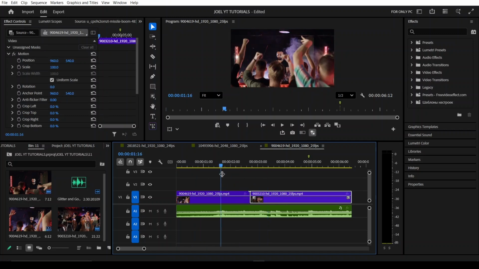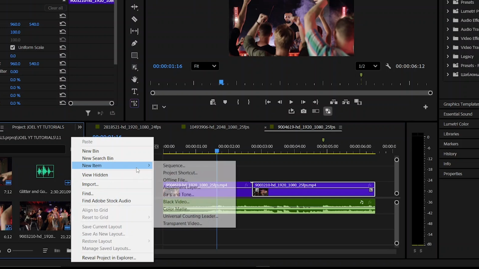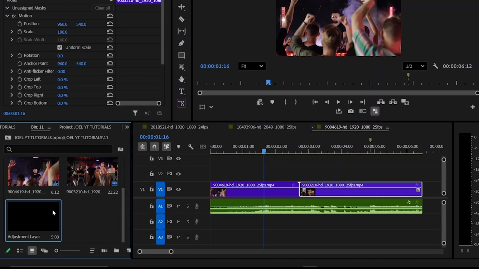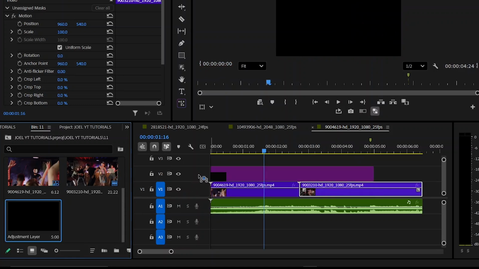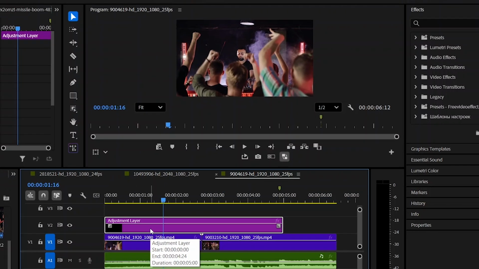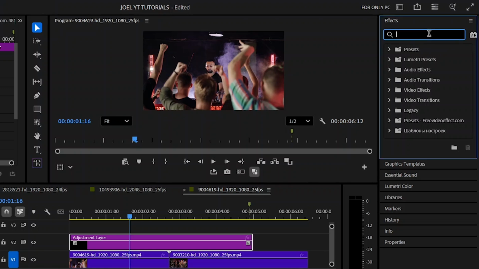So what you have to do is create an adjustment layer. To create an adjustment layer, you right click, you see new item, adjustment layer. Then you drag and drop your adjustment layer here. The next thing after dragging and dropping your adjustment layer is to come to the effects and look for